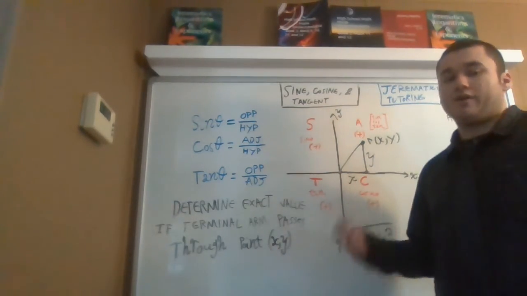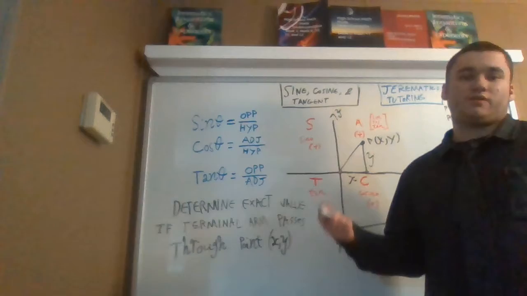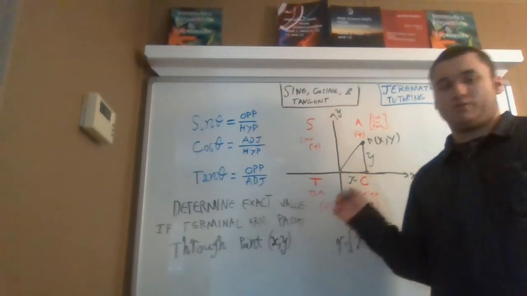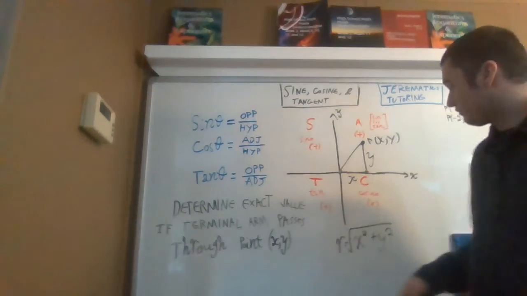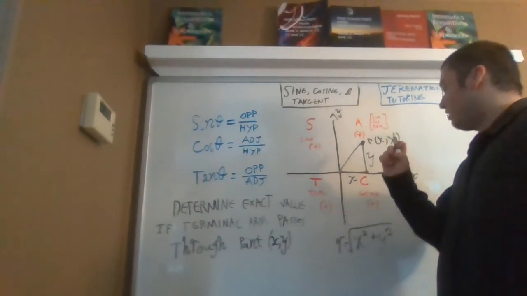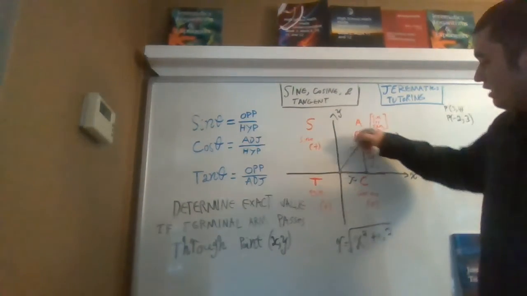Rather than squaring all of our numbers and then solving for r, we just solve for r right away and we take the square root of these 2 numbers squared and added to each other. We've got a point xy over here, and here's our r,